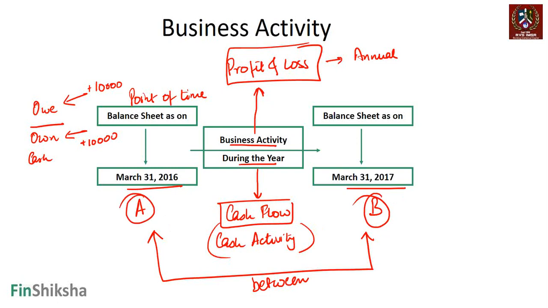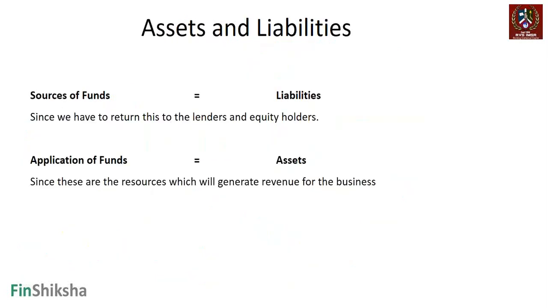Obviously, when we look at it, it seems like if I have balance sheet 1 and balance sheet 2, and going from here to here we have a P&L and a cash flow, then there will be a lot of interlinkages between these statements. They're going to be related to each other, right? That's going to be an important understanding for us in the context of our overall spectrum of looking at what a balance sheet is and what the significance of a balance sheet is, right? Let's look at the other definitions.